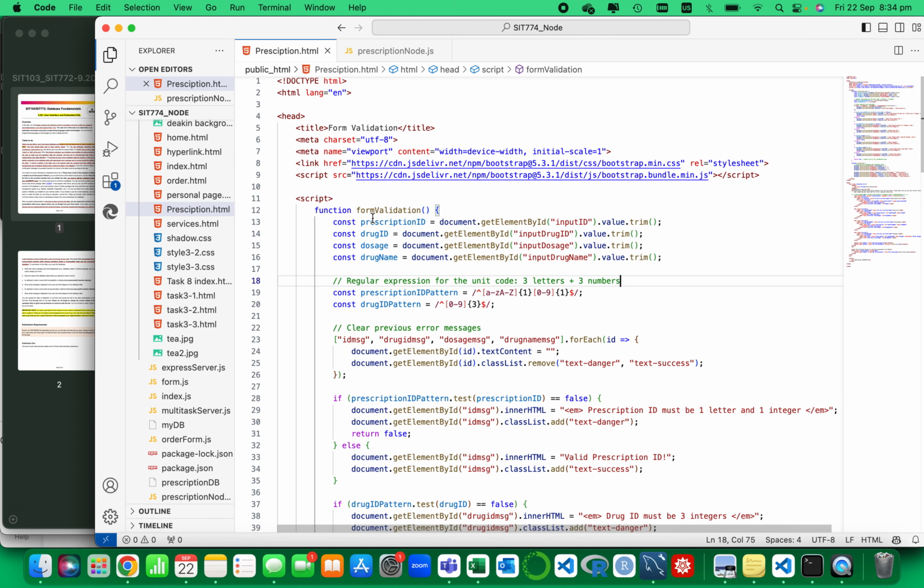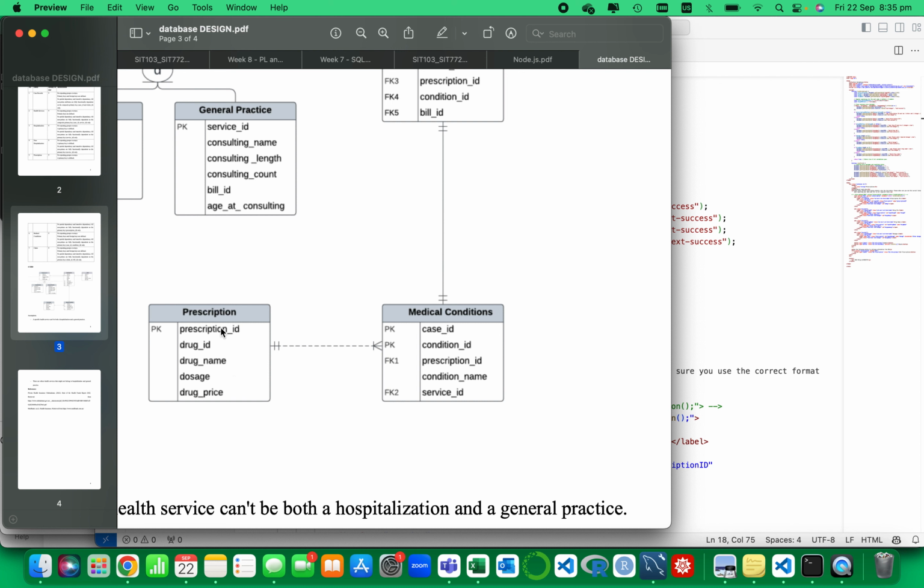At first, I will go through my HTML file. It's pretty simple. My form will be from my database design from task 7.2. I will get the form for prescription. The main user here is the pharmacist, who will input the prescription for the patient. It contains like